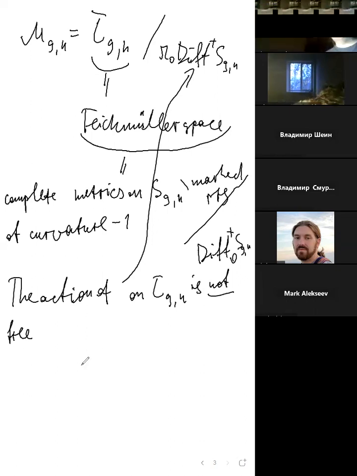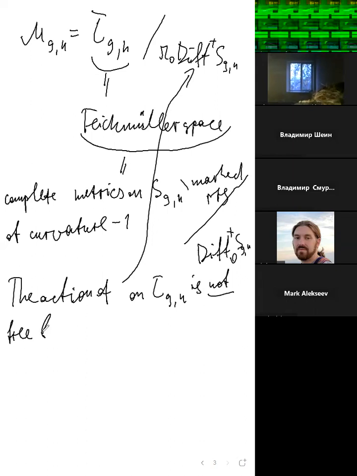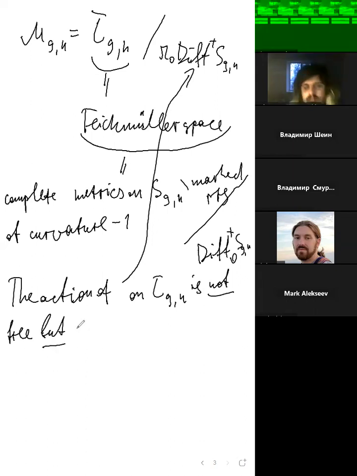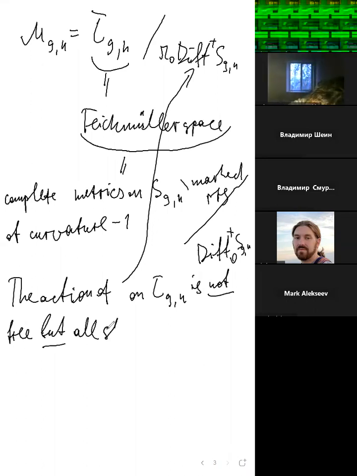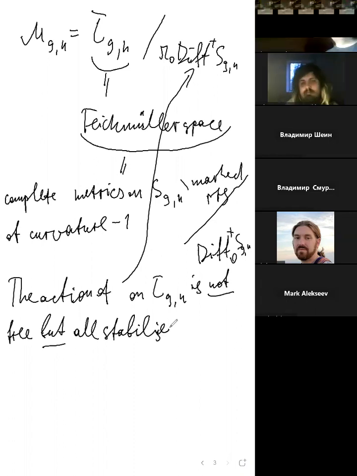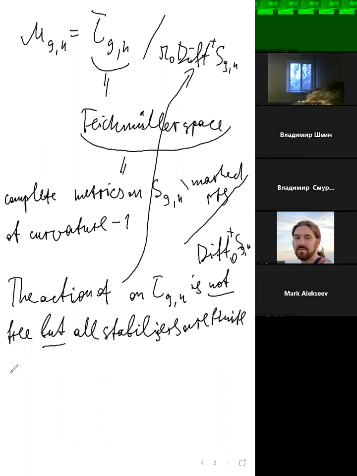So we cannot say that T_{g,n} is the universal bundle for the mapping class group, but all stabilizers are finite. So in particular, we have a map